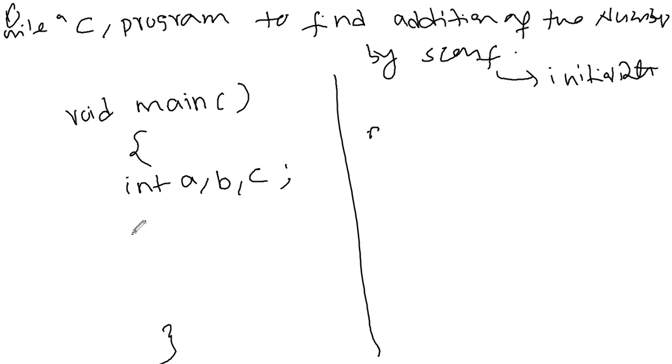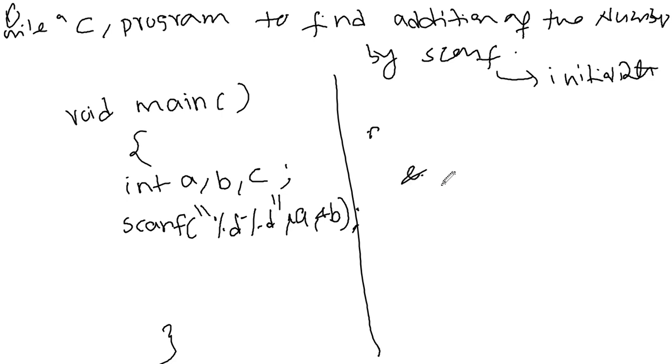Here I am not initializing, I am taking scanf. So scanf. What type of value are we giving? Integer. How many values? Two values. What are they? a, b. Here, as input, you need to use the ampersand symbol, the address operator. This is called the ampersand symbol. The address operator we need to use here to store the value. So two values you are taking. Two values are which type? Integer type, so percentage d type specifiers.